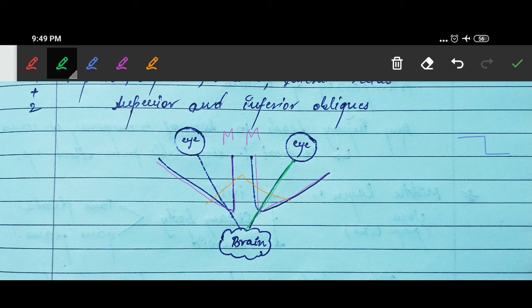So as we can see, the whole of this is our 90 degree angle, and so this will be our 45 degree angle. This is 45 and this is half, so basically the optic nerve passes at an angle of 23 degrees. Sorry for the bad handwriting. And the optic nerve then goes to the brain, and that's how we see. So let's see the structure of the eye now.